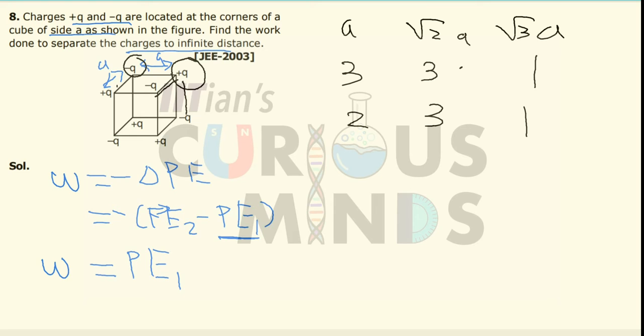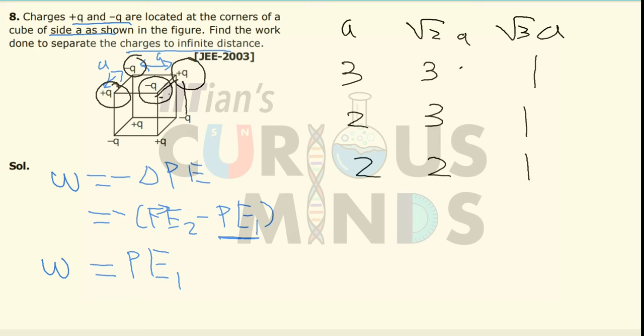If I now eliminate this charge also and consider this charge over here, whether it is positive or negative, we will see that later. It is separated by a and a, there are 2 at a over here. There is 1 at root 2 a and 1 at root 2 a, and along this spot it will be root 3 a. So I have eliminated this charge also.